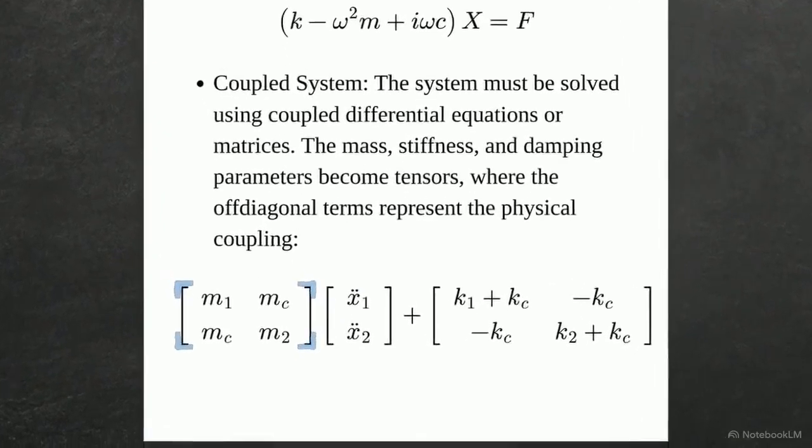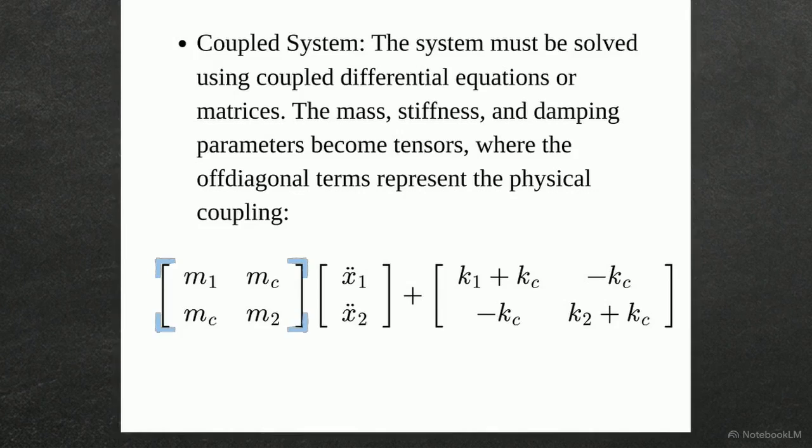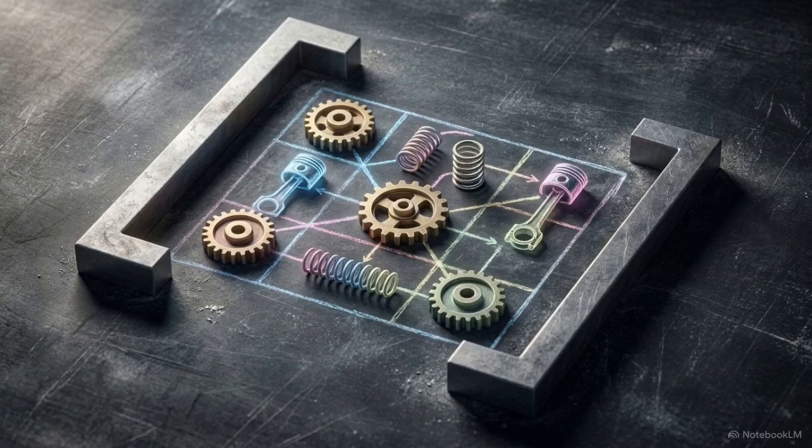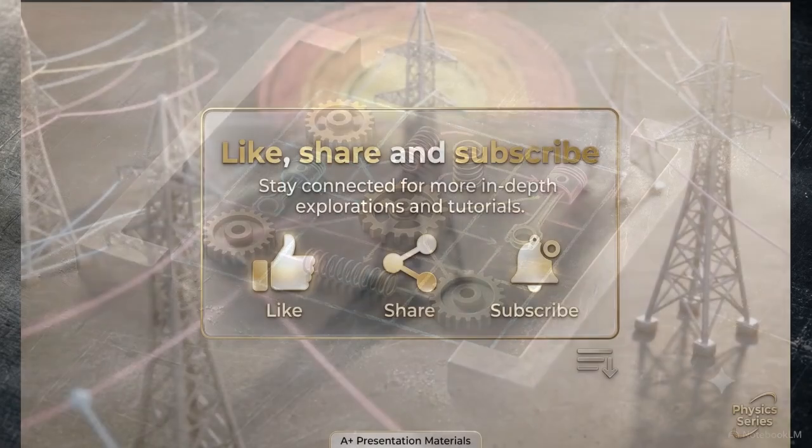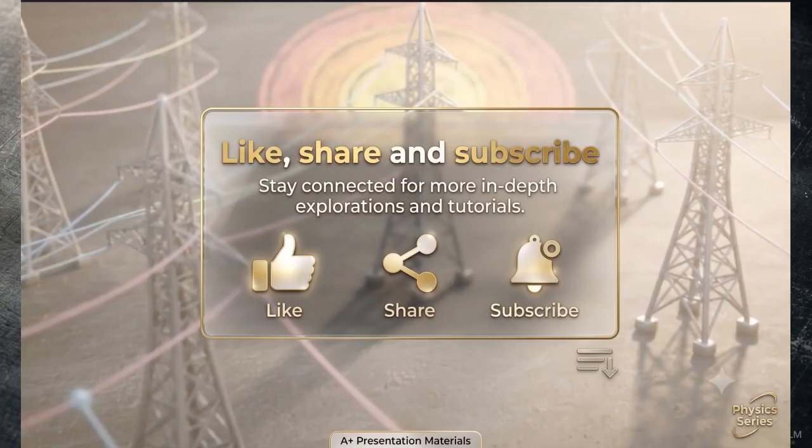This mass matrix tensor separates the inertia, mapping it across the coordinates for both distinct masses. In the stiffness matrix, the diagonal elements represent the isolated stiffness. The off-diagonal terms represent the physical coupling spring, dictating how motion in mass 1 leaks a restoring force into mass 2. This matrix acts as a structural ledger, tracking how multiple phases and forces interact simultaneously across a networked system.